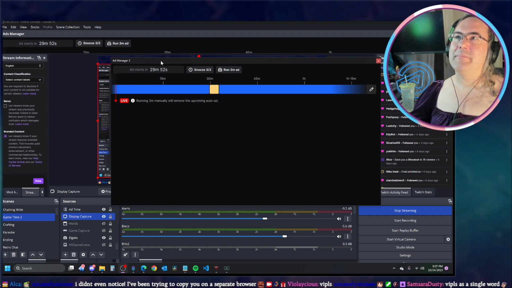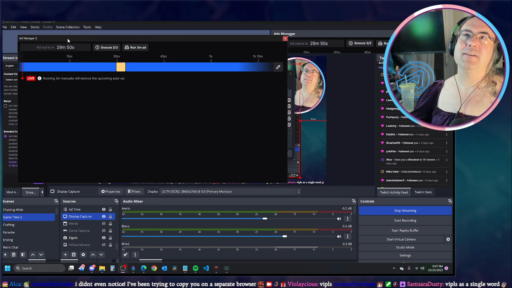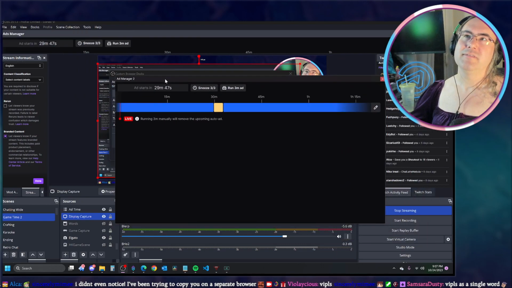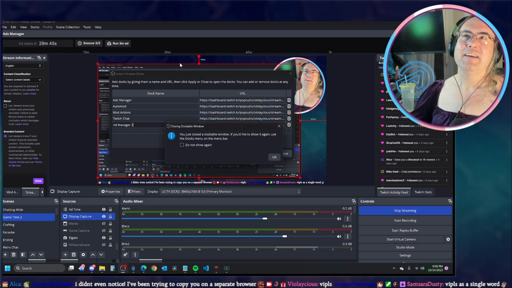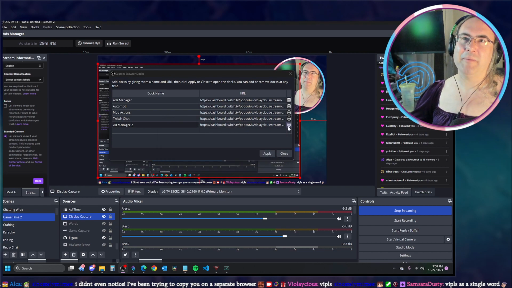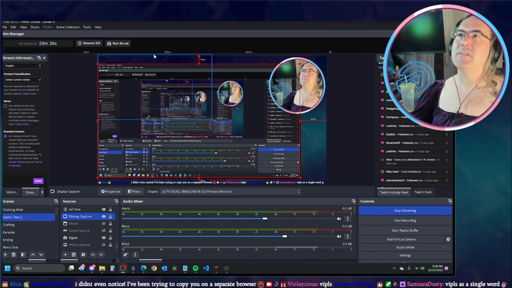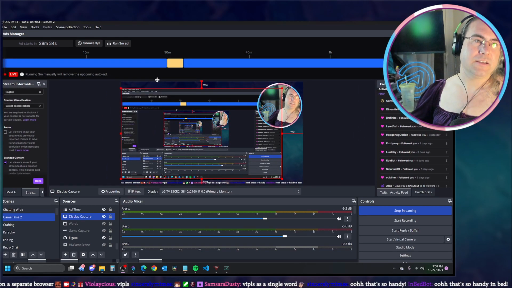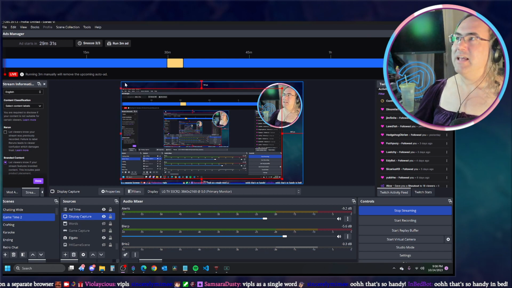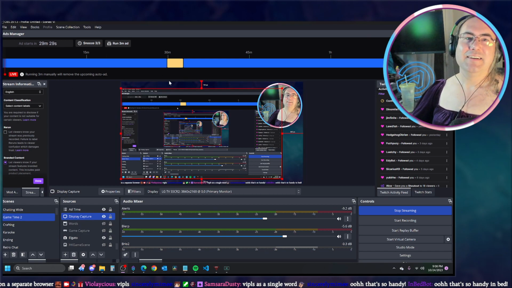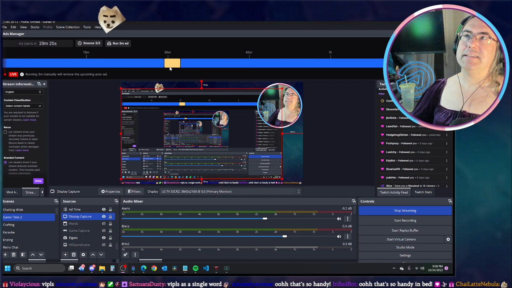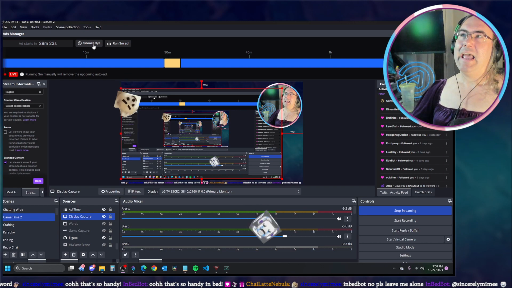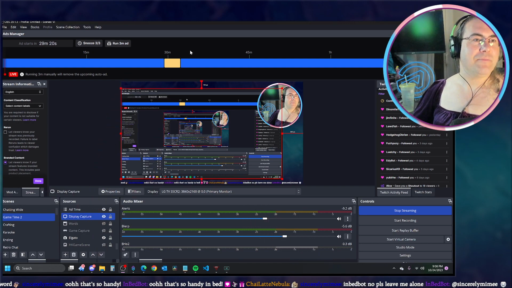So then I can drop this right into a docked location, so I could drop it there if I want to. I'm not going to since I have my other one there. And yes, it tells you I closed a dockable window. That's no problem. We're going to get rid of that one because I don't need it. And then I can adjust this to show as much as I need of it, so that I have it right here. It's probably one of my more handy little things to have on here because I can tell we're 29 minutes from an ad. I can see it moving the yellow bar along, and I can snooze it if I need to, as well as seeing how many more there are.